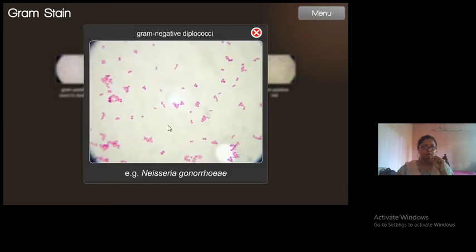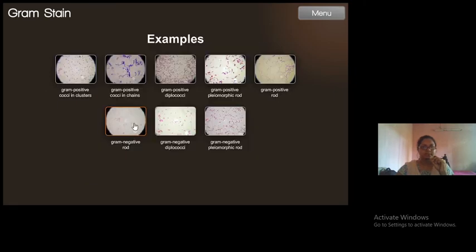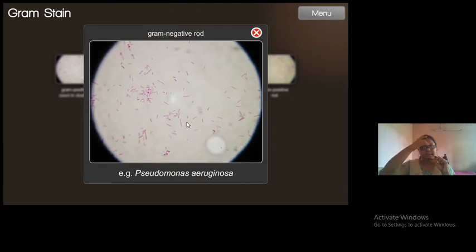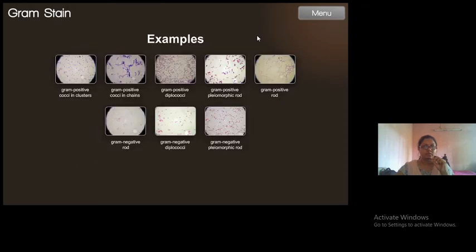Okay, this is an example of gram negative. You can see gram negative cocci. You can see the color, it is pink, and the shape of the bacteria is spherical. So you see three cocci together here. So these are gram negative. Gram negative and gram positive completely depends on what color you see. You see pink, you call them gram negative. Here also gram negative rods. You see pink color bacteria and the shape is rod shape. So these are gram negative rods. Okay, so these were the examples.